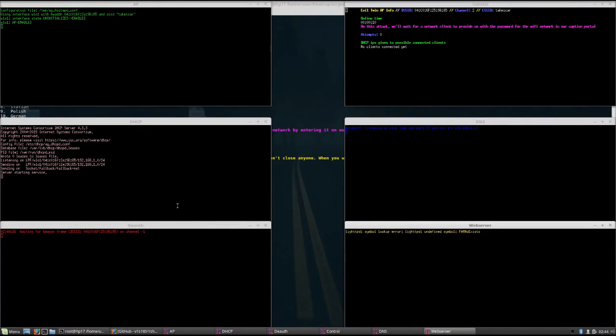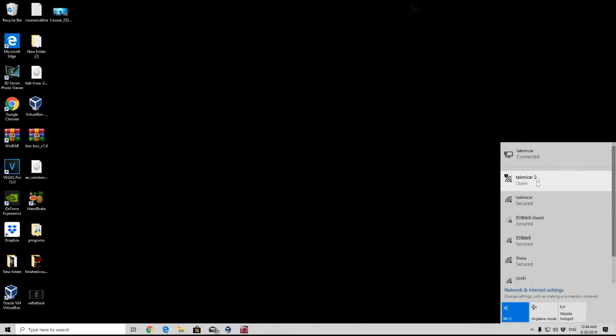As we can see right here, everything is set. If I go and try to connect over the internet, now you might not be able to see this, but I will switch the screens. As we can see right here, I have two different same-named wireless networks. One of them is secured and closed, and one of them is open. So now that everyone is deauthenticated from the specific network, if the target, for example, rejoins the open network, which is our fake access point,